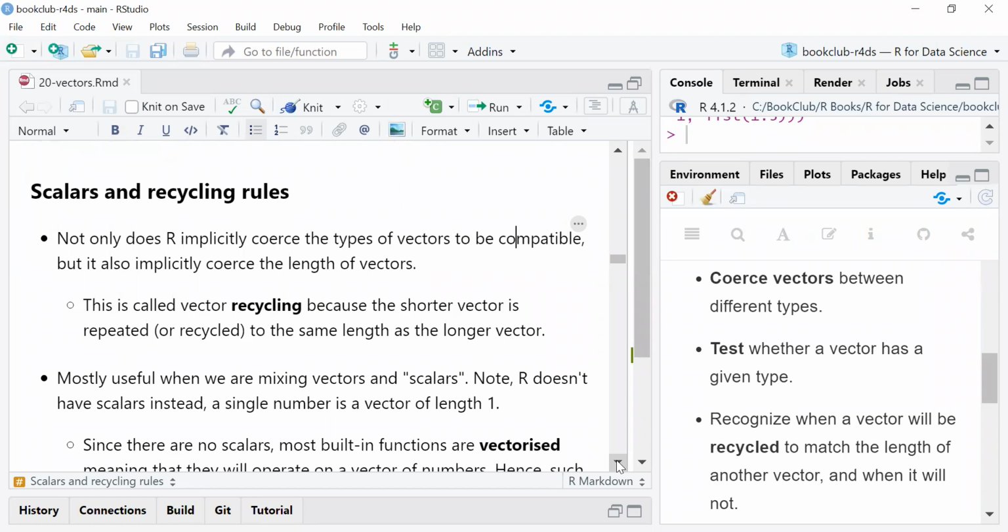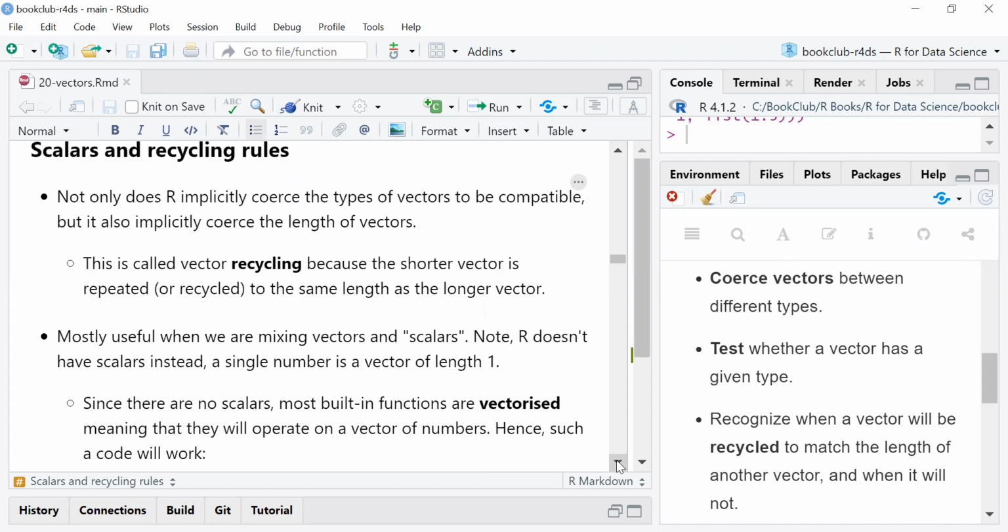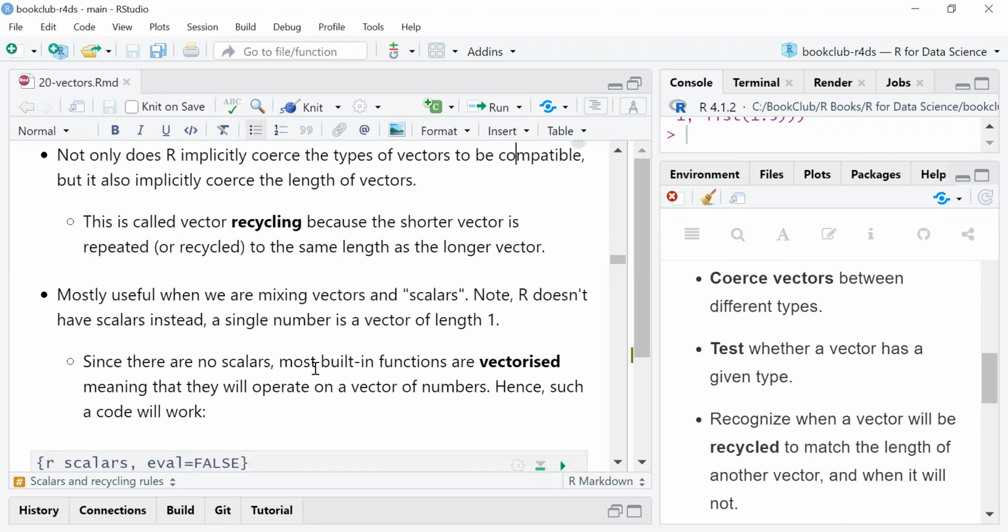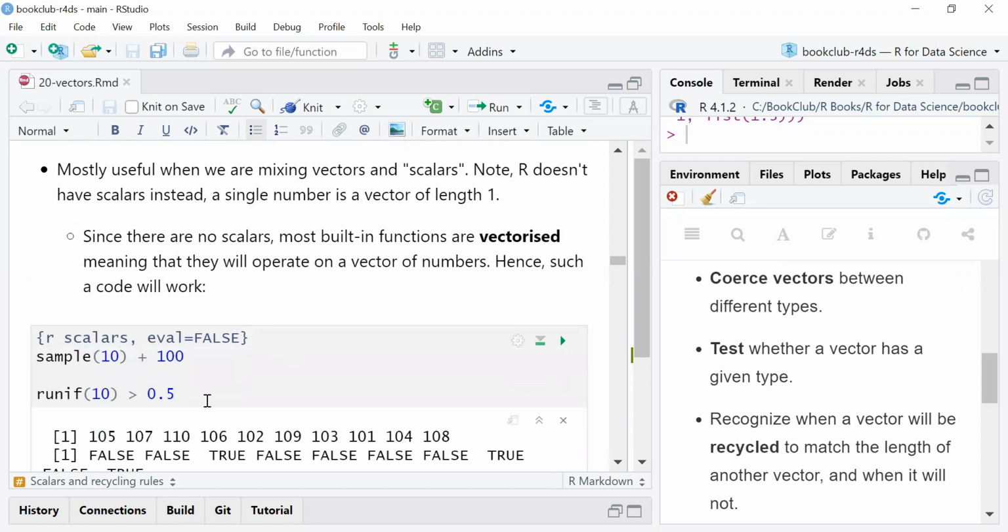And let's note that R doesn't have scalars. Instead, a single number is a vector of length 1. I think John had mentioned this in the last discussion. Since we don't have scalars, most built-in functions are vectorized. This means that they will operate on a vector of numbers. Therefore, these two